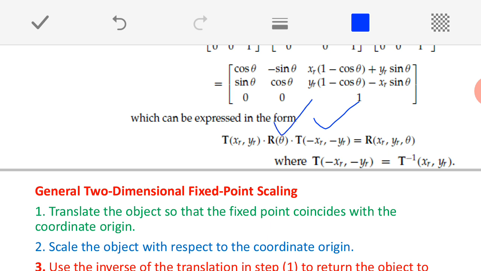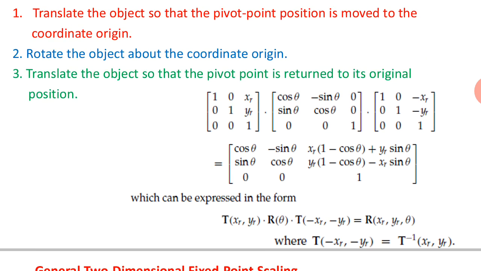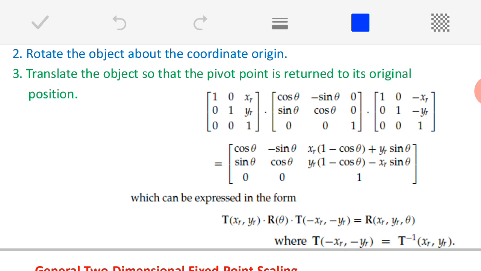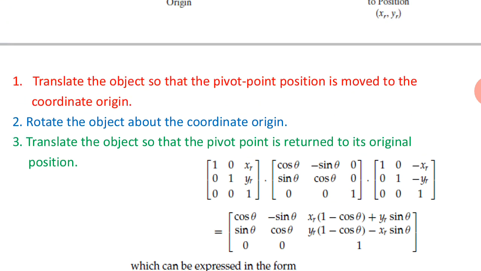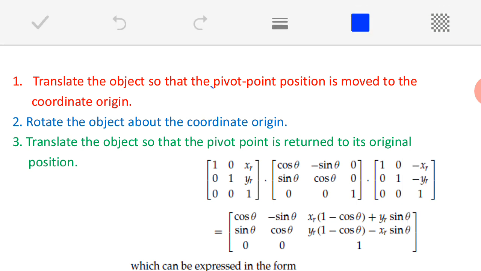Then I am going to perform the normal rotation about z axis. Then once again I will retranslate it. And also you can observe the very important aspect here, the order of the matrix multiplication. Okay. That is very important here. See there. So, my first step is what? Translation of the object in such a way that the pivot point should overlap with what? Origin. So, look at there.